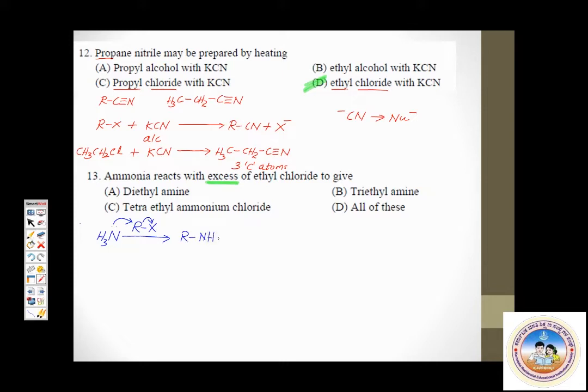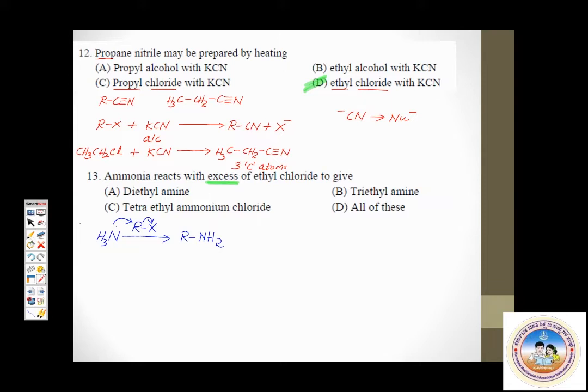Remember amine functional group? NH2 represents amine functional group. You should know all the functional groups: amine, nitrile, aldehyde, ketone, carboxylic acids. You should know the functionality of all these functional groups. Okay. Yes, RNH2 is an amine. Now amines can be classified into the following types based on their degree of substitution. We have seen this.